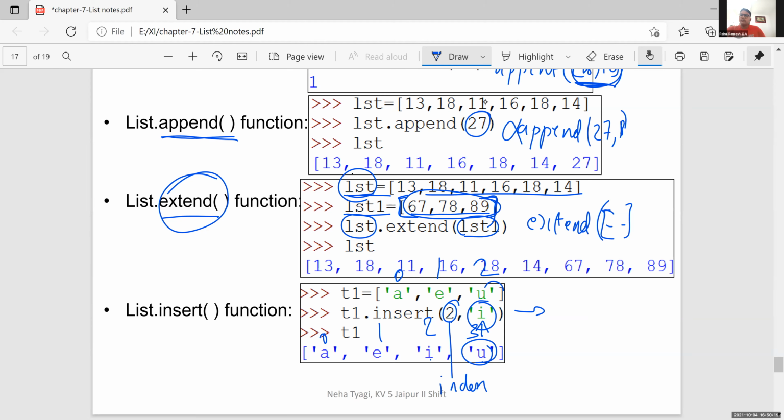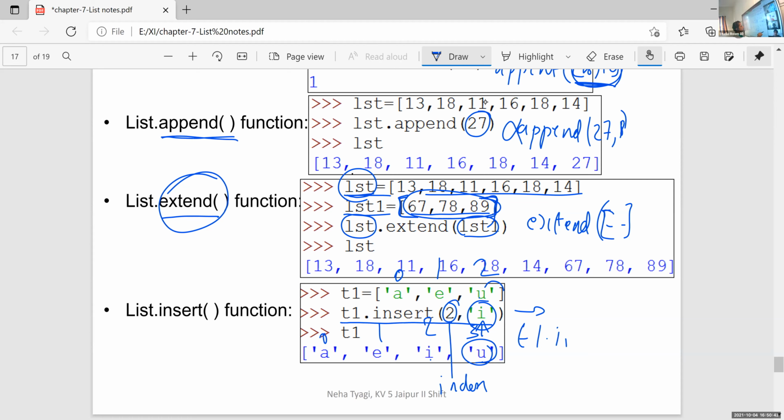For inserting, we are using this statement. How can we write? T1.insert within bracket. Which position, Rahul? First. Then how will we write?